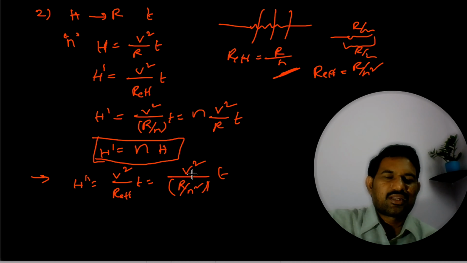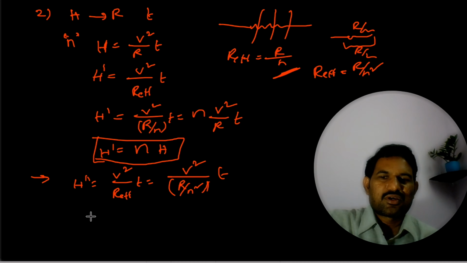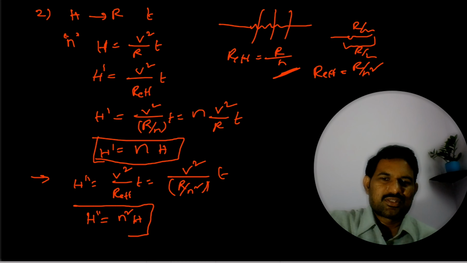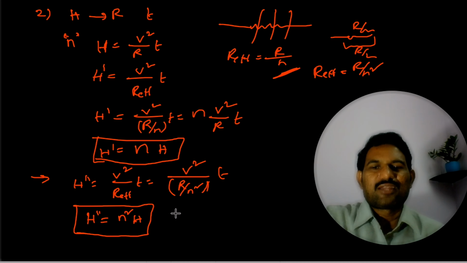So that we can write this as V square by R by N square into T. And therefore, this value we can write as H double dash is equal to N square into H value. So this is the total amount of heat energy produced when all such N pieces are connected in